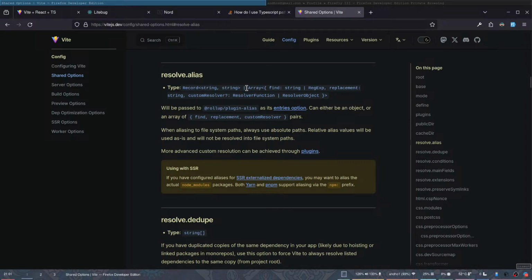Type record string. That's the one I want to use. We pass it to the Rollup plugin alias as its entries option, which can either be an object or an array. When aliasing to file system paths, always use absolute paths. Relative alias values will be used as is and will not be resolved into file system paths. More advanced custom resolution can be used with SSR. If you have configured alias SSR,